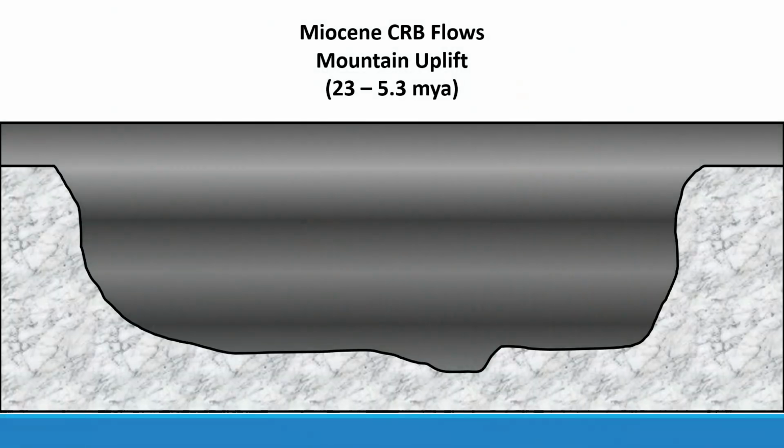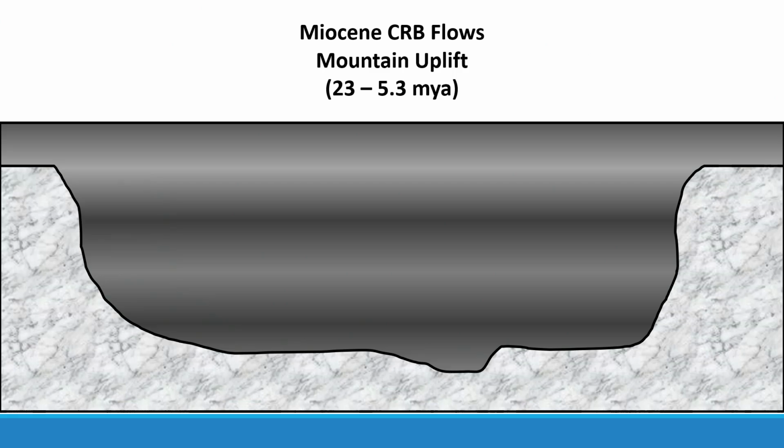The pre-Miocene river valley, 23 million years ago, we don't really know what this looks like, right? But an underlayment of Tertiary rocks built the foundation for big modern rivers. But that was heavily obscured during the Miocene. CRB flows come in, we get all those big basalt layers, some places kilometers thick, and that completely obscured the